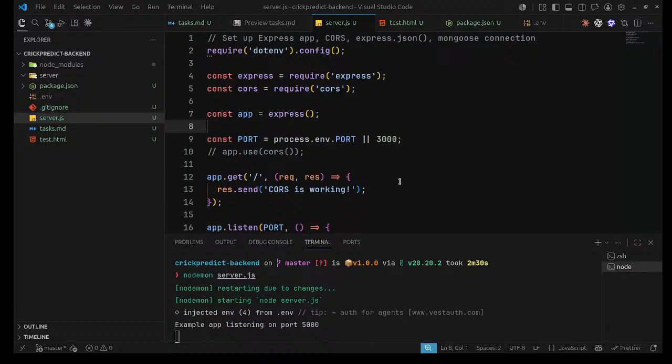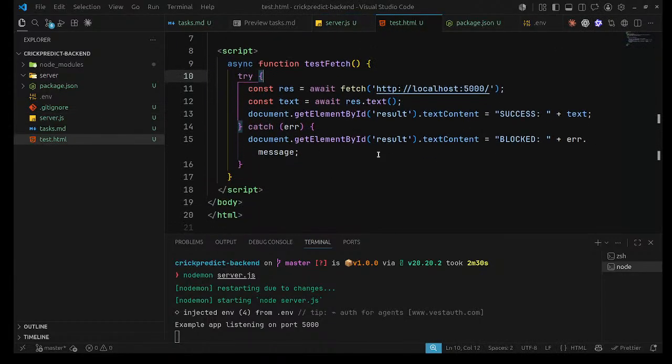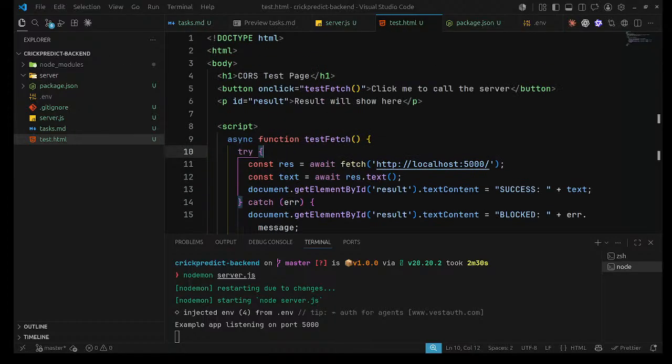Should we restart our server? Maybe we should. Let's debug that.